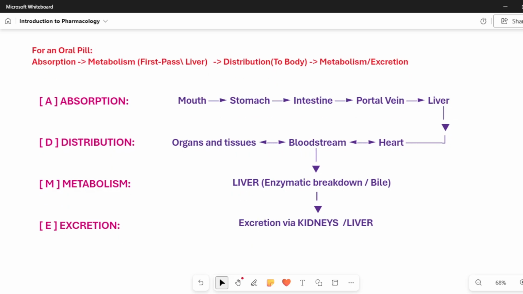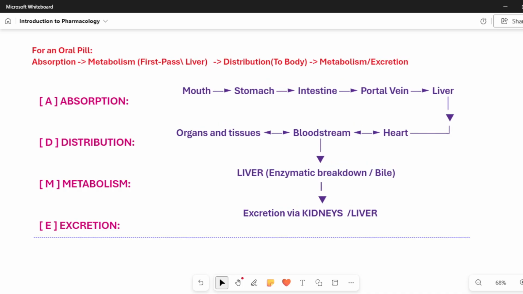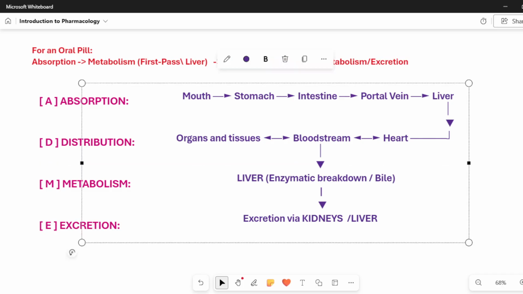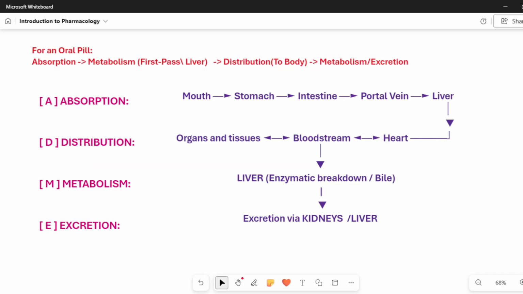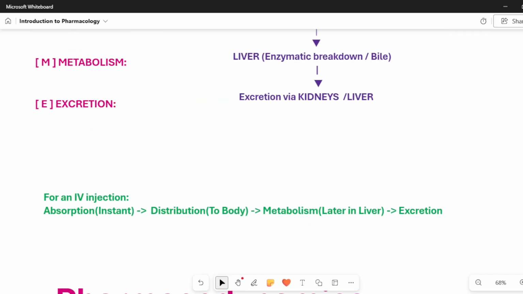So see how our body is handling these drugs. If you are being given an IV injection, intravenous injection, here you see absorption is immediate. Directly it enters the bloodstream.